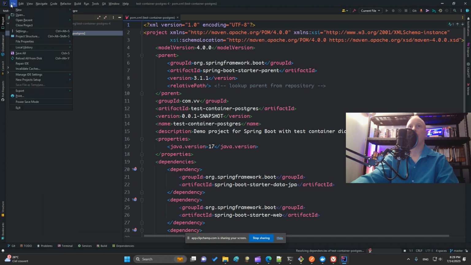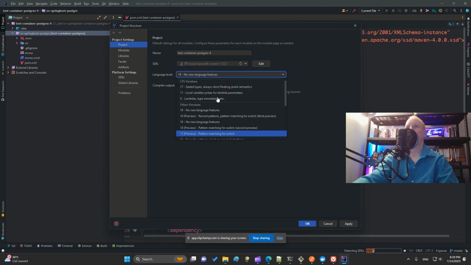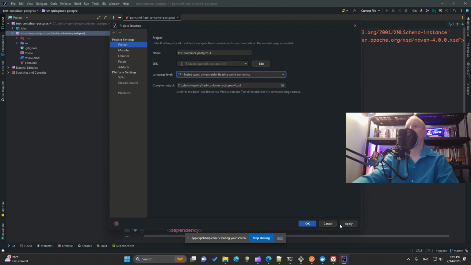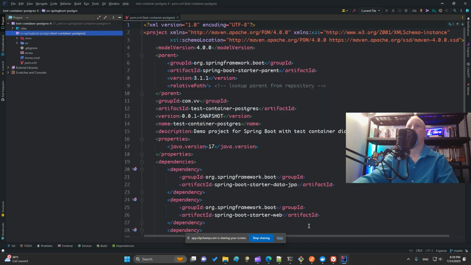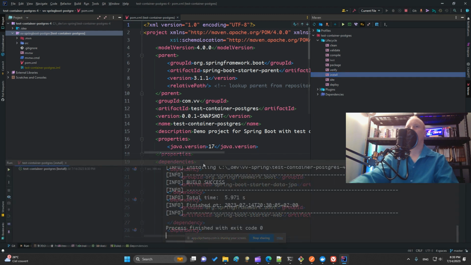I change my project structure to Java 17 because Lombok is not compliant with Java 21, and I use Lombok in my application. Then I clean install my Spring Boot app, by disabling the tests.